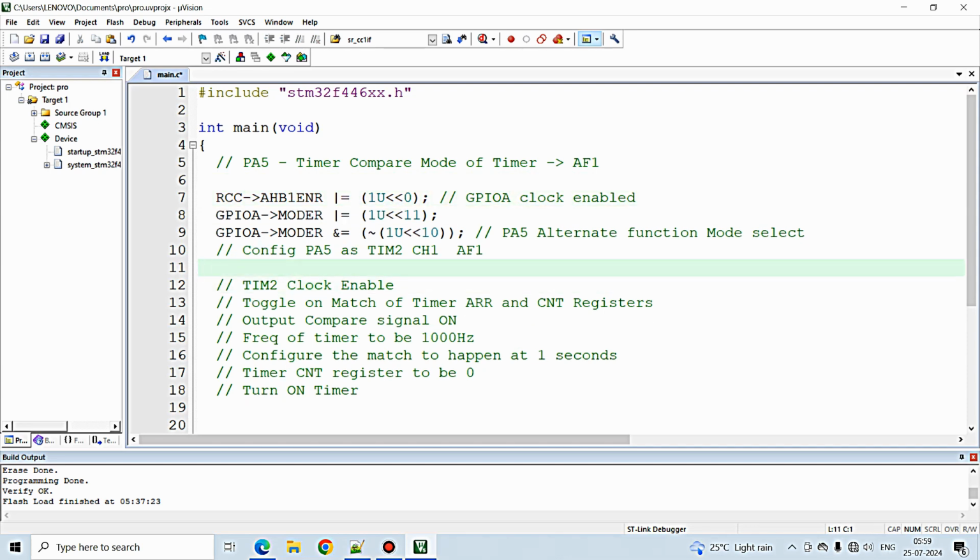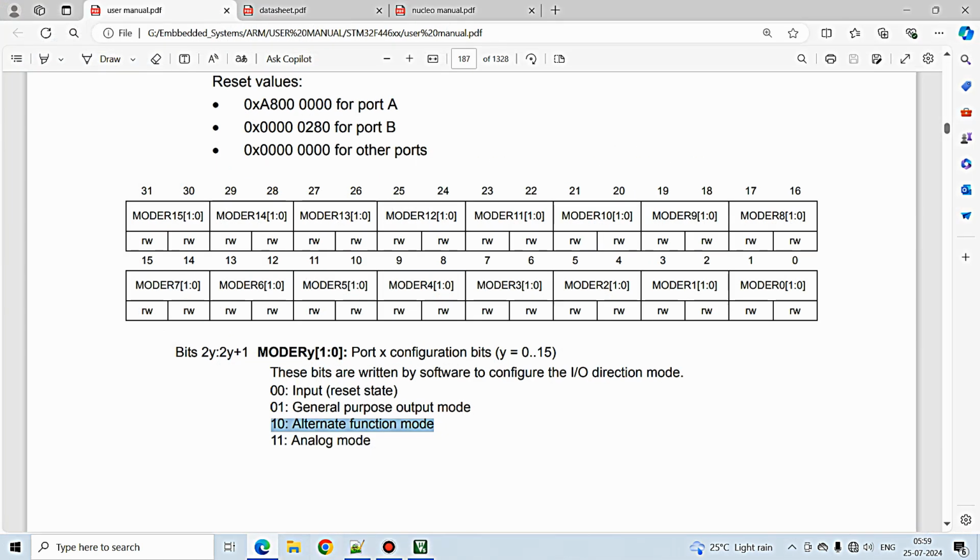And as the next step, we just want to configure the PA5 for timer 2 channel 1. So as we discussed here, when we select the AF1 mode of the PA5, then it will be configured in timer 2 channel 1. This data we just collected before the initial configuration from the datasheet of the microcontroller. So for doing this, what we want to do is we just want to open the user manual, and